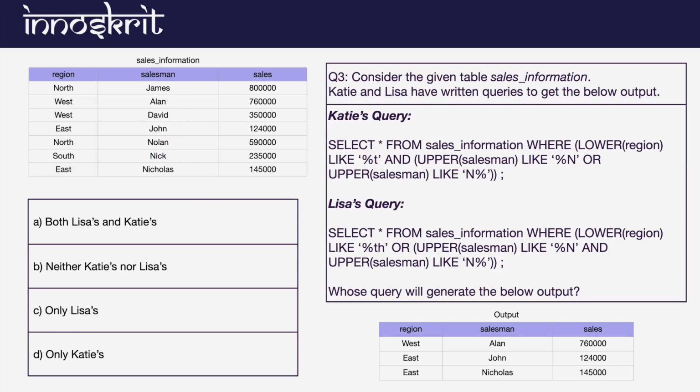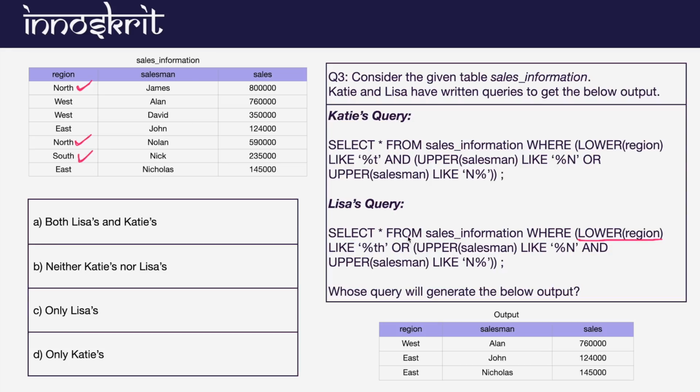Now let's try to understand Lisa's query. Lisa's query also says that we will first fetch this value. So let's try to convert the region again. We will be converting the region where we have th ending, and th ending.